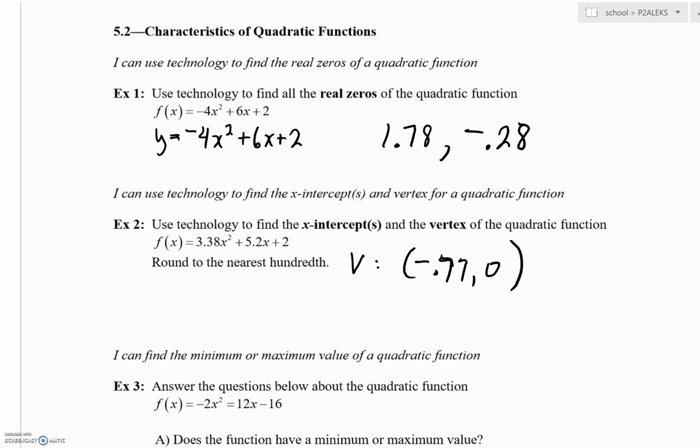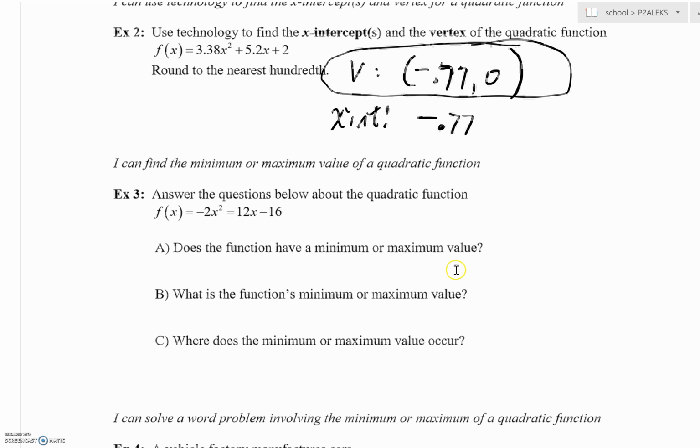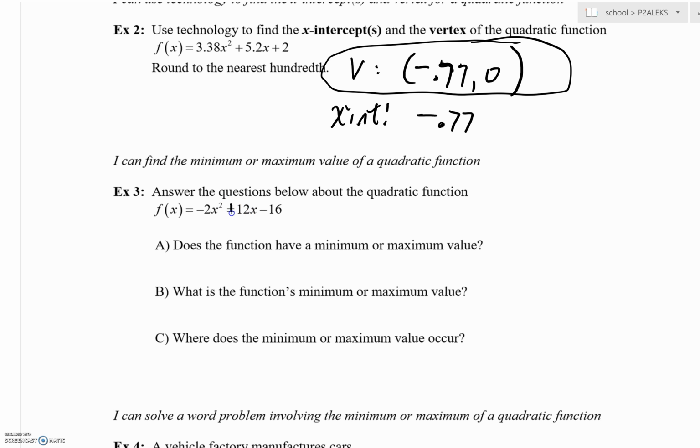But we also can say that our x-intercept, if we click that in, that's just going to be -0.77. The x-intercept, or the zeros, are numbers. They're numbers where you cross the x-axis. The vertex, though, you're always going to have to write that as an ordered pair, as a point. Okay, so we're going to come to number 3, and really that should be